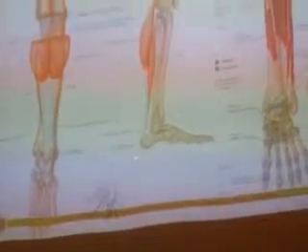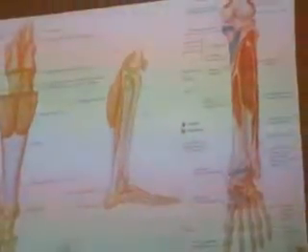Gastrocnemius. Along with that, even the soleus is also active. You can see these two muscles are getting inserted together. Both have the action, but the most major muscle is the gastrocnemius. Second to that is the soleus. Soleus, as I said, has a very long origin all the way.